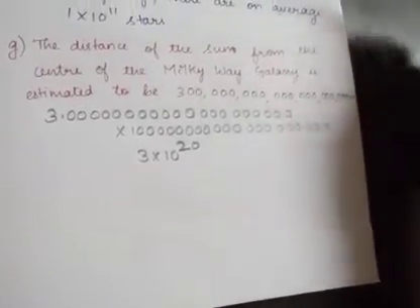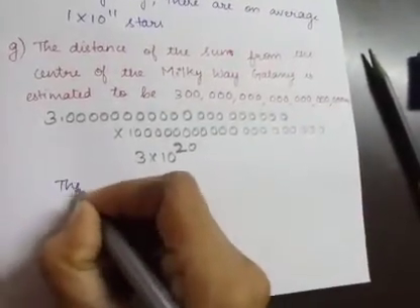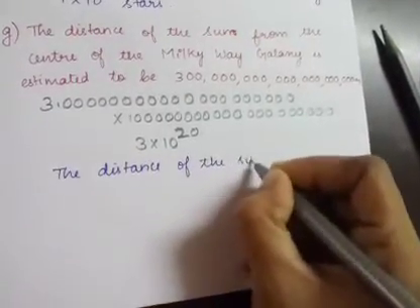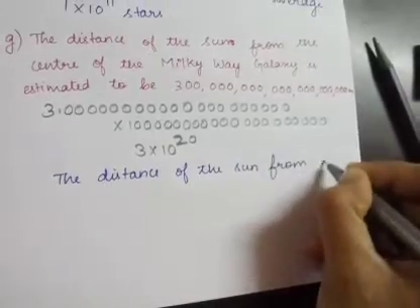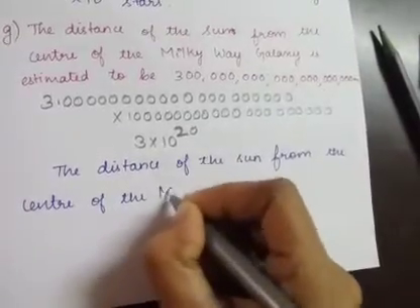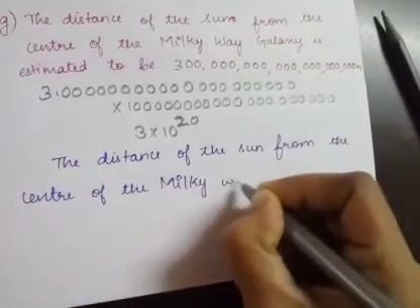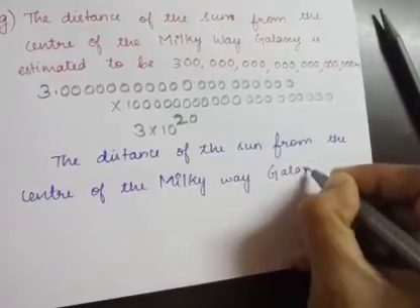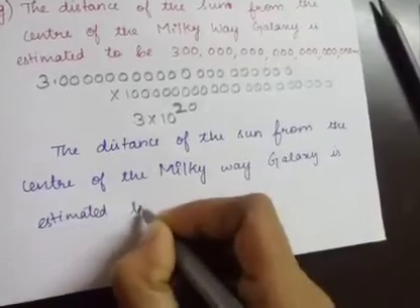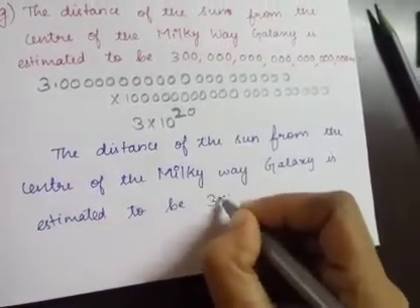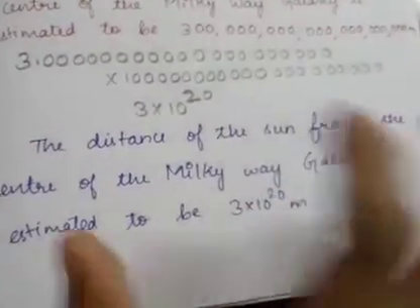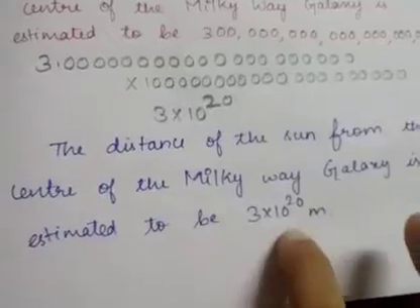So now shall we write the theory part? Yes. The distance of the sun from the center of the Milky Way galaxy is estimated to be, what is the estimation? 3 into 10 power 20 meter. Did you understand this? So we are just going to find the standard form and substitute it in this